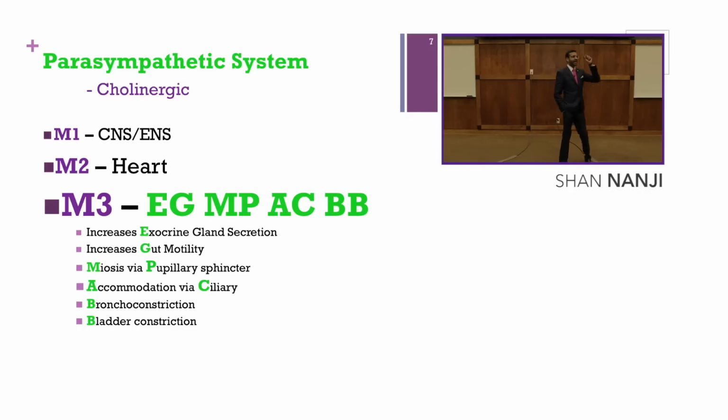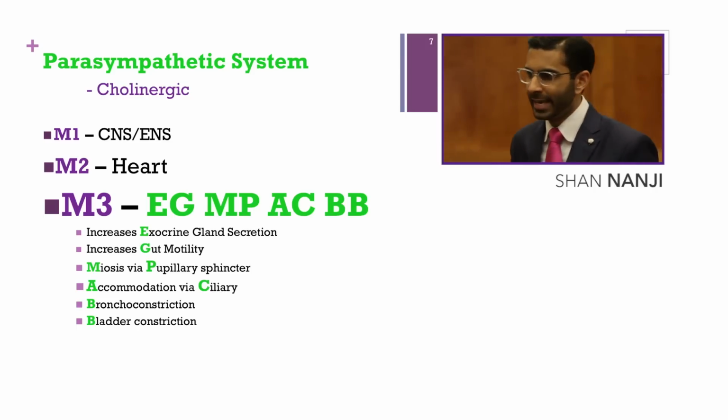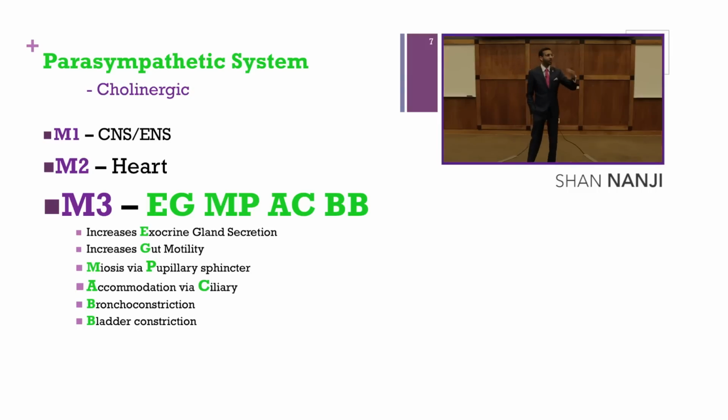Which receptor can I agonize or stimulate to cause an increase in exocrine gland secretions? M3. And M stands for? Muscarinic, and that's parasympathetic and cholinergic. So if I increase my exocrine gland secretions, am I going to be wet or dry? Wet. This is why cholinergics make you wet, and why you are taught that anticholinergics make you hot and